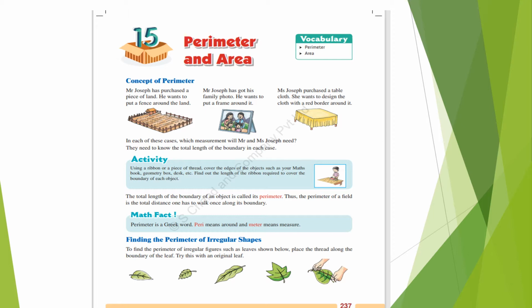Here, some activities are given with the help of fencing or photo frame, or Ms. Joseph has purchased a tablecloth. So, as a summary, the total length of the boundary of an object is called its perimeter. So if you add all the sides of any object and you get the total length, it is called perimeter. Okay, so I'm not going into detail about irregular shapes, because I'm just giving you the